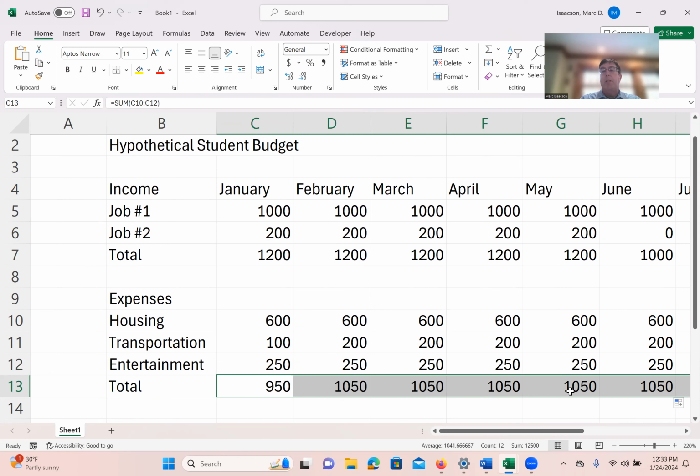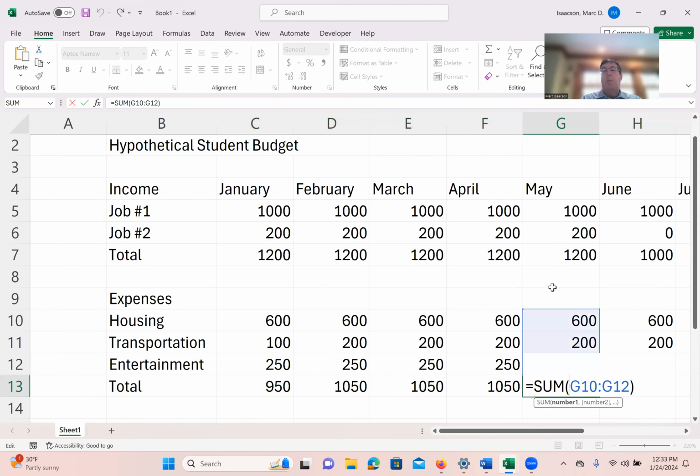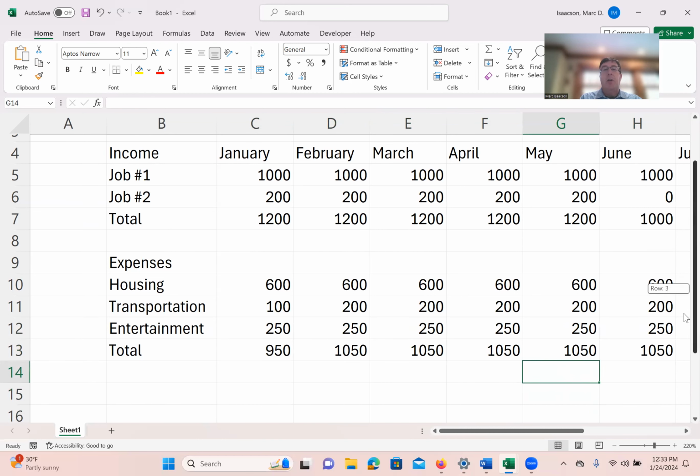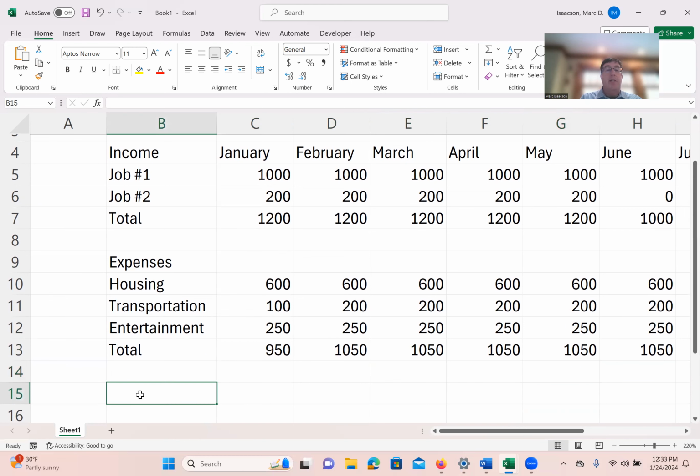But if I go pick a particular month, say May, well, May is adding up things in the column G, which represent May. And so again, I don't have to type the same equal sum, parentheses, highlight over and over and over again. You could do it, but again, it would take you 11 times longer than just typing it once and dragging it across. And so that's the kind of efficiency that you will eventually get to be kind of just second